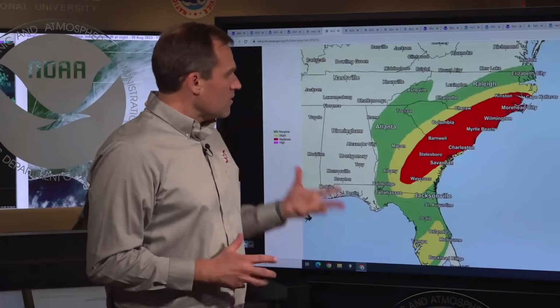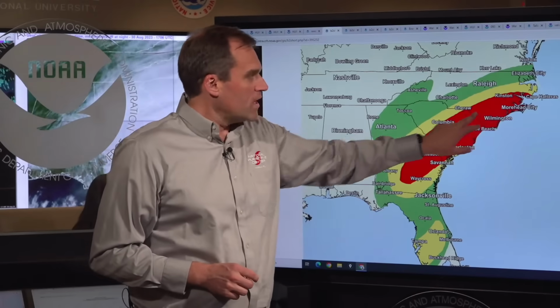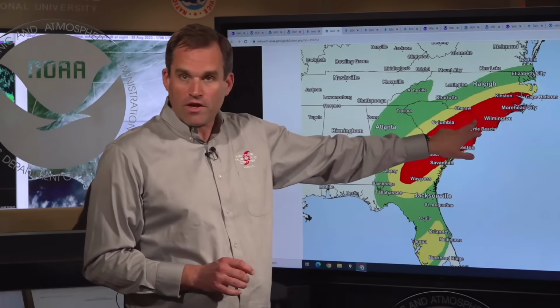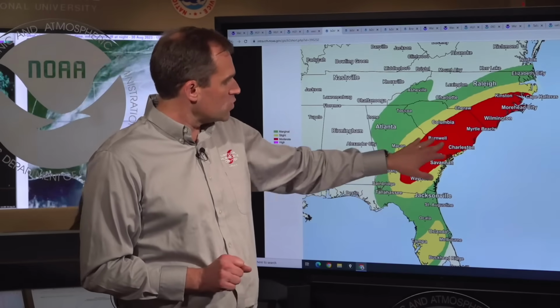However, I do want to turn to the rainfall threat. That's going to be sort of our most widespread threat we're going to see over the next 24 hours or so. In this red area in particular, we could see considerable impacts and some life-threatening flash and urban flooding in places like Wilmington, North Carolina, Fayetteville, Columbia, South Carolina, down to just west of Savannah into southeastern Georgia and into